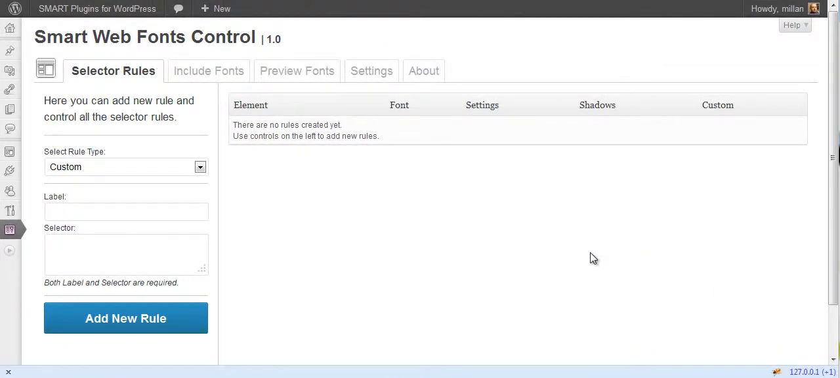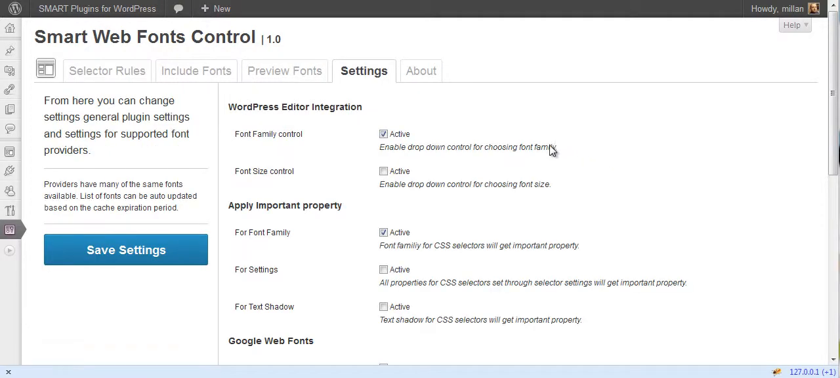Smart Web Fonts Control plugin allows you to use Google and Adobe web fonts on your website regardless of the theme you are using. Here you have several tabs where you can set up this plugin, and let's first start with settings. You can add font family and font size controls into the WordPress editor, and this way you can add fonts from Google or